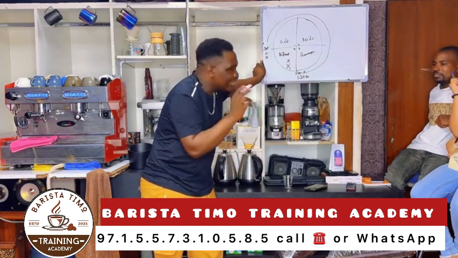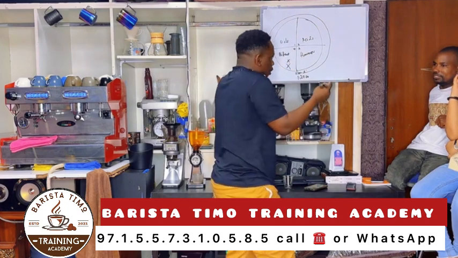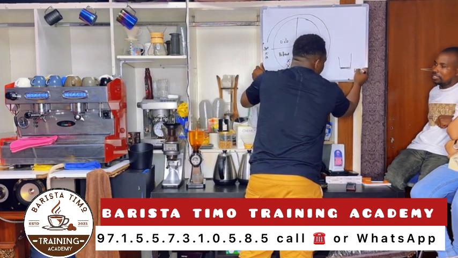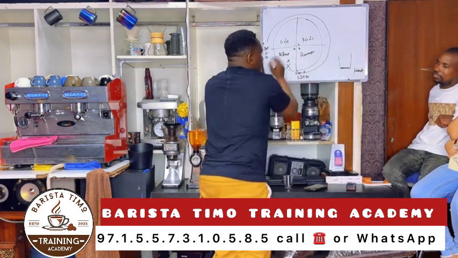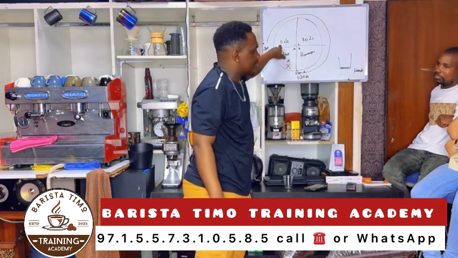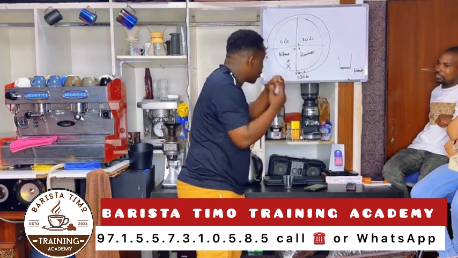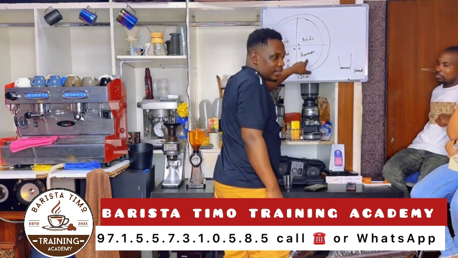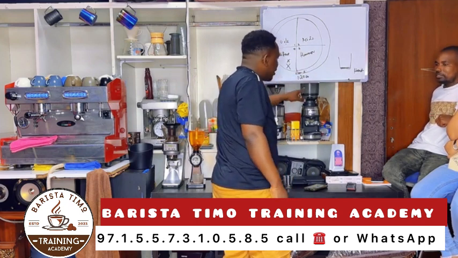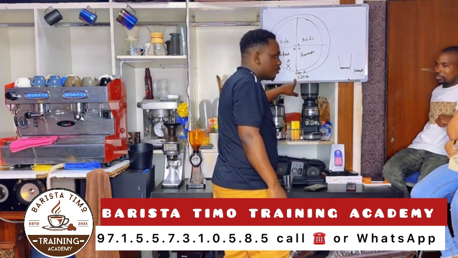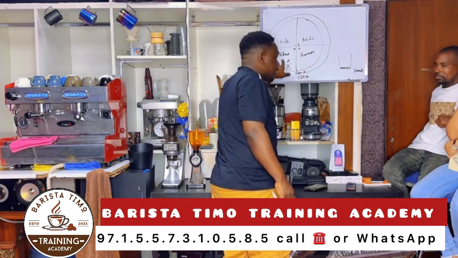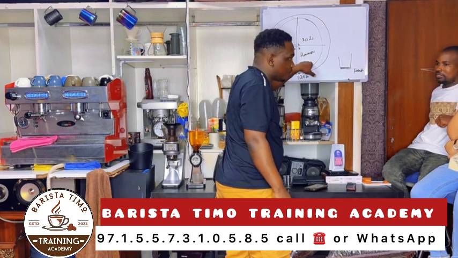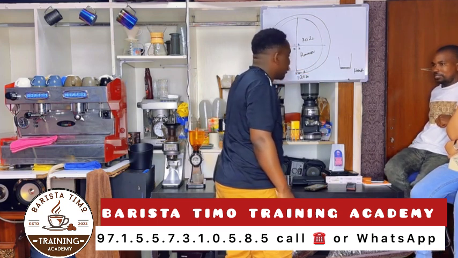You understand? Remember we said, when we extract coffee, the layer down is very dark. This is what we call the heart. It's very dark because when you extract coffee, oils come first. The oils from the coffee come, and then the acids come, and then the flavors. When you finish the flavors, this is the moment you have to stop. Because you don't want to get into the bitter zone. In the bitter zone, you get more bitterness into your already flavored coffee. You understand? This is very wrong.